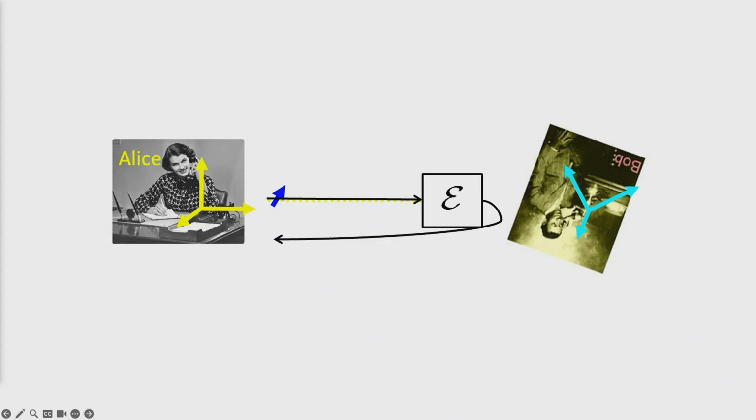So imagine you have Alice and Bob, and they don't share a reference frame, which means there is some relationship between their local frames, but they don't know what it is. So they just assign a uniform prior over all the possible group elements that could relate their two reference frames. So now suppose they're trying to do this task. Alice sends a system in state rho over to Bob. Bob does some operation on it, sends it back to Alice, and the question is, can she get sigma back?